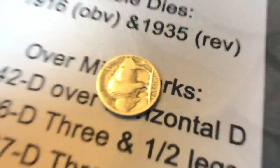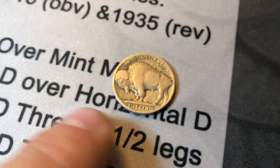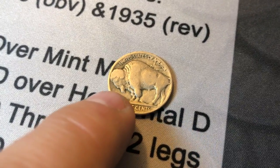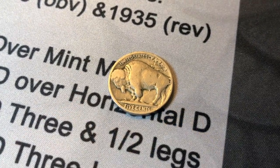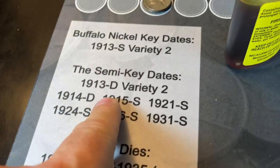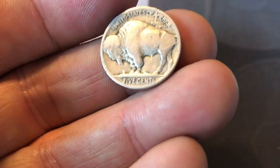So, if it would have been a 1913 D Variety 2, because that's what this is, a Variety 2 nickel. You can tell because on the back, we have the flat mound. If this was a raised mound here, a little bit higher up at more of an incline, then it's a Variety 1. Now, the key date find is a 1913 S Variety 2. That's a Variety 2. It is a 1913. No mint mark. Semi-key, 1913 D. So, it's just your average 1913